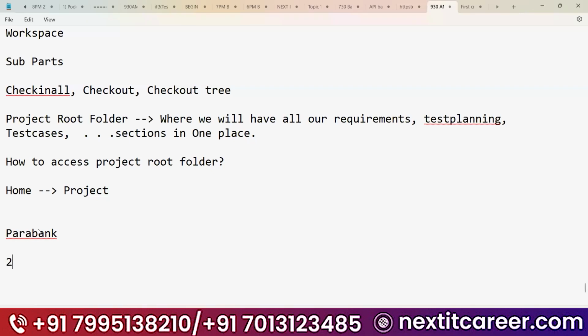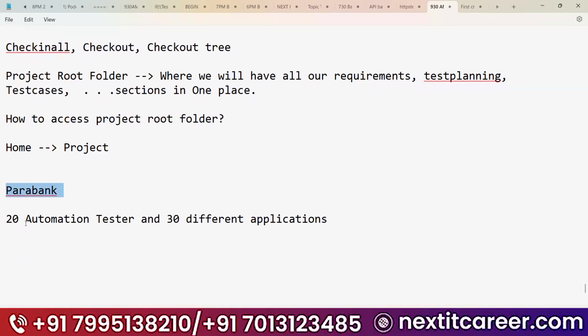For example, we have 20 automation testers and 30 different applications. In one banking project, we have 20 Tosca automation testers and 30 different applications, meaning these 20 testers need to automate the end-to-end flow of these 30 different applications.